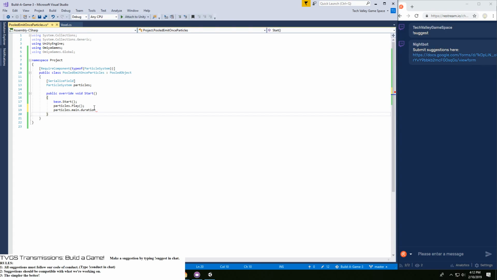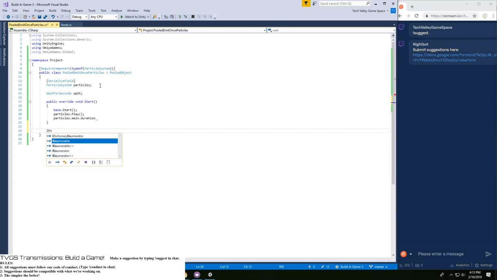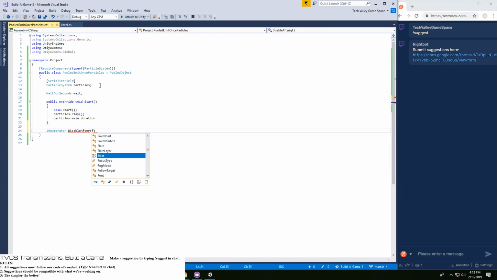Okay, then this will be useful because we can use coroutines. Enumerator, disable after float seconds.